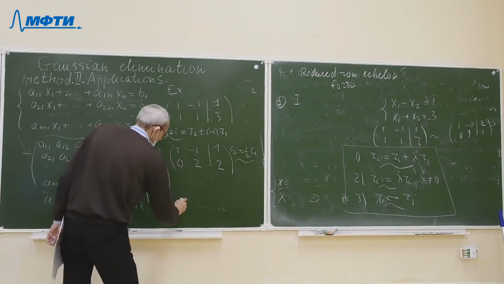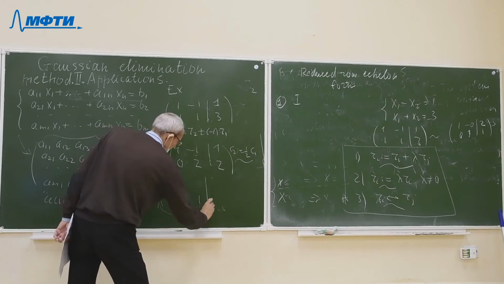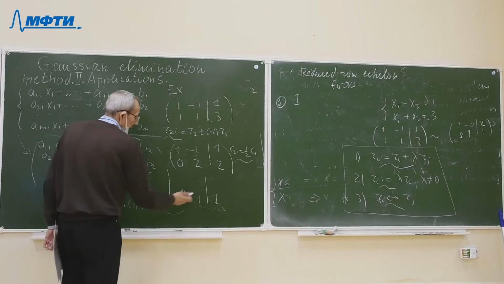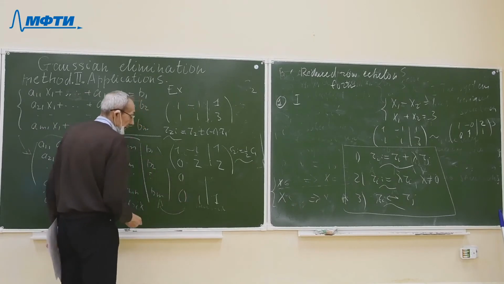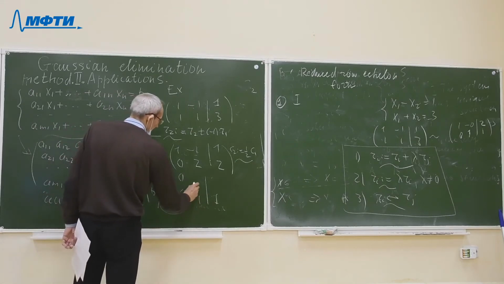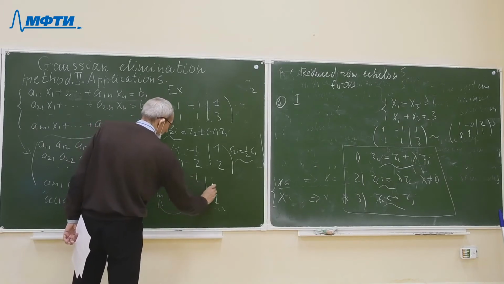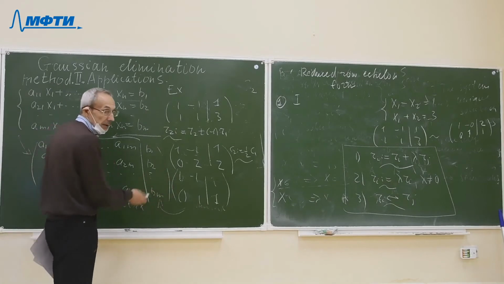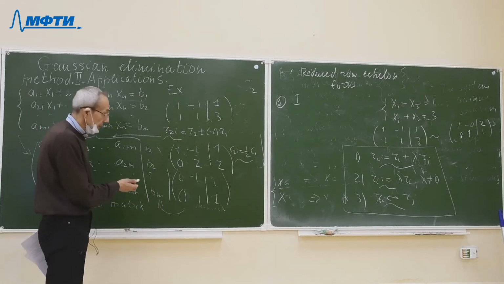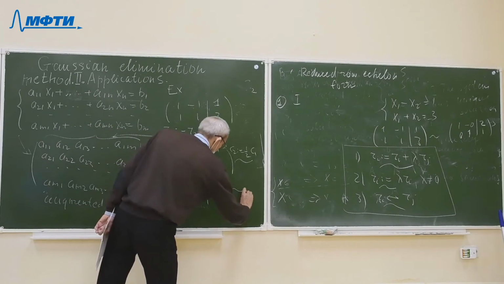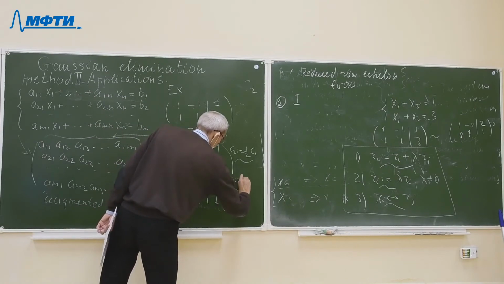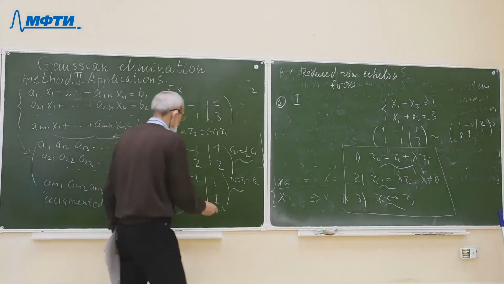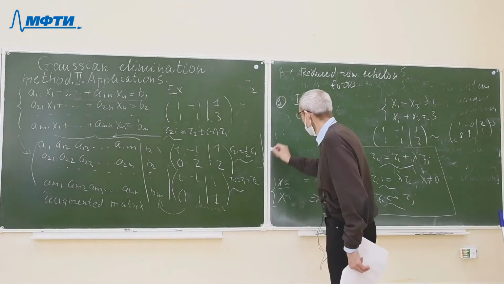And after this operation, the second row simplifies and has the form 1, 1. And the last operation, we can add the second row to the first. And after this operation, we obtain